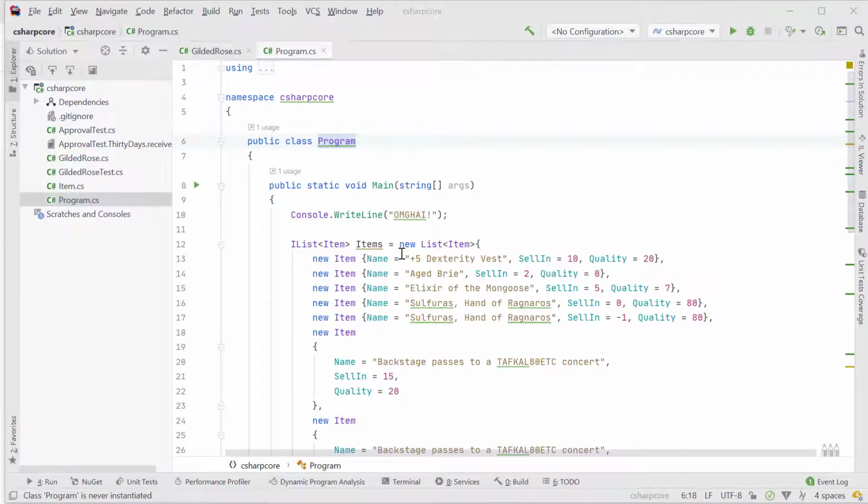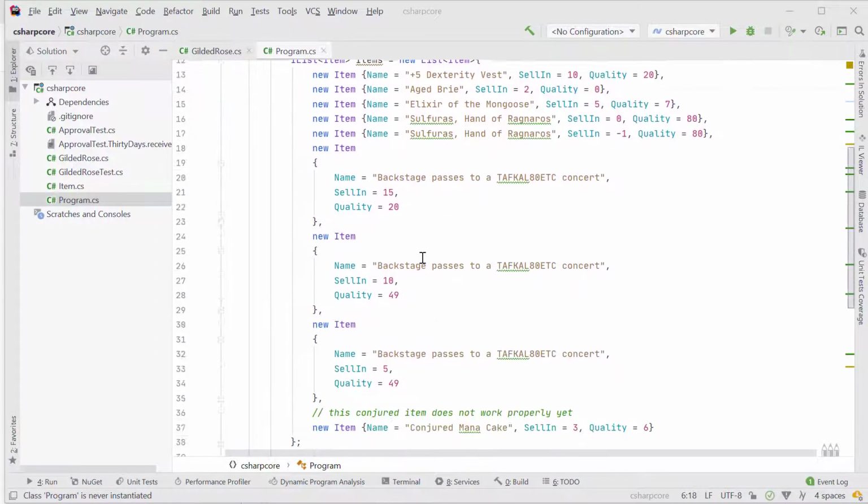If we start by looking into the program, we can see that it contains a number of files. The two primary files that we'll be looking at are the program.cs file, which contains the main method, and then the Gilded Rose file, which contains the actual logic. The first thing that's defined in the main method is the items that are available for sale in our inn.